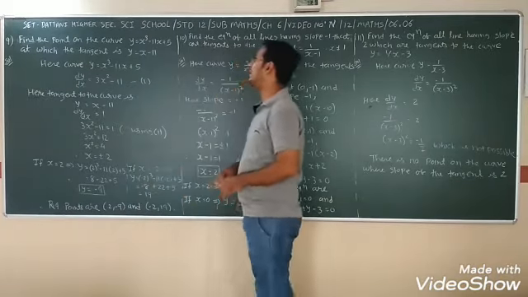So point (0, -1) and slope minus 1. So the equation becomes y minus y0 is equal to f dash x0 into (x minus x0). So here x0 is 0 and y0 is minus 1. So the formula is y minus y0, that is y plus 1, is equal to slope minus 1 into (x minus x0). Here x0 is 0, so x minus 0. So y plus 1 is equal to minus x, side change, so it becomes x plus y plus 1 is equal to 0.